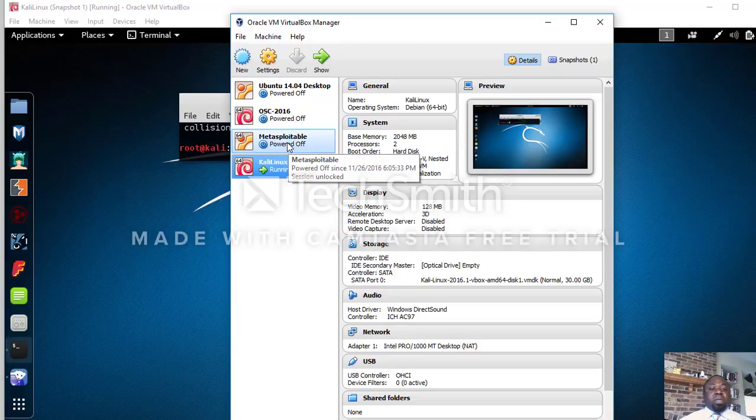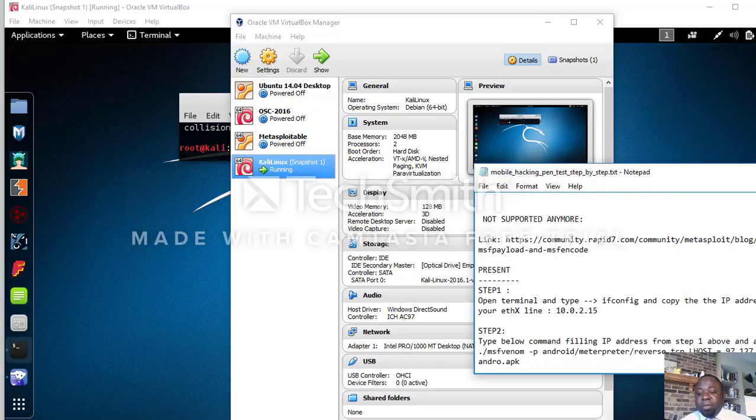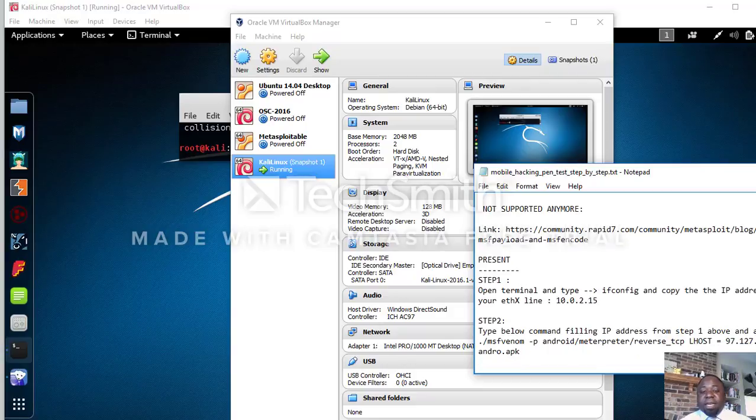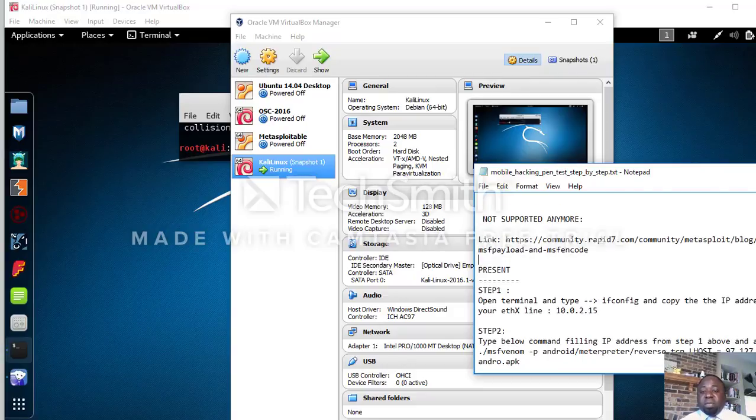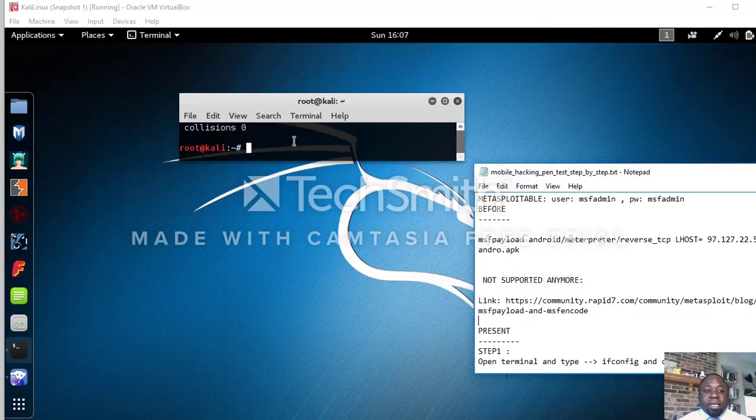I imported Metasploitable as an appliance as well, and you can actually get that. I had a link for that here, but online you can find that on the Metasploitable site. And what I can do here is, because I already know the IP address,